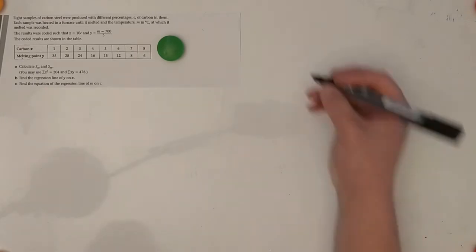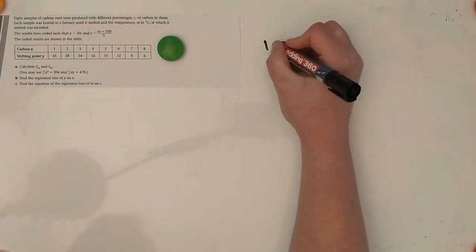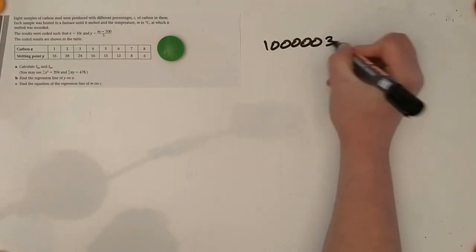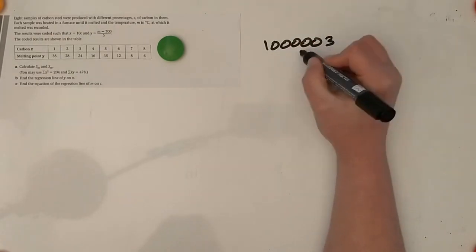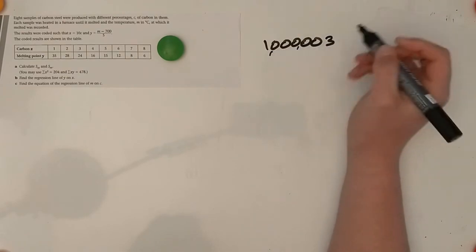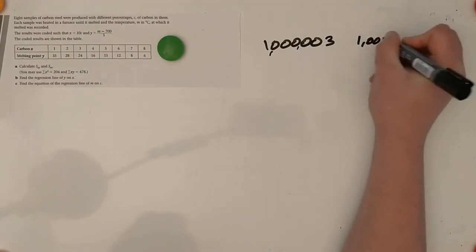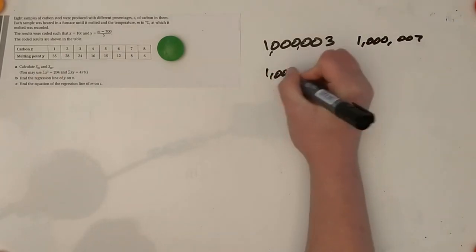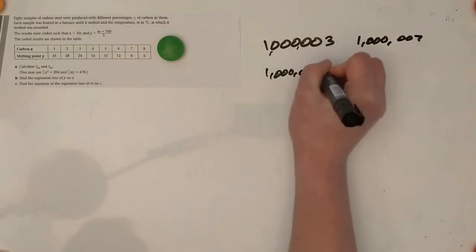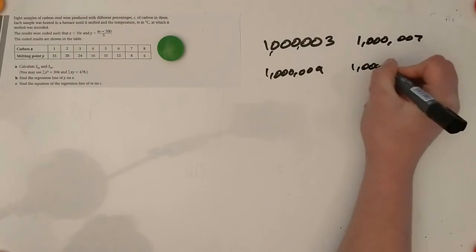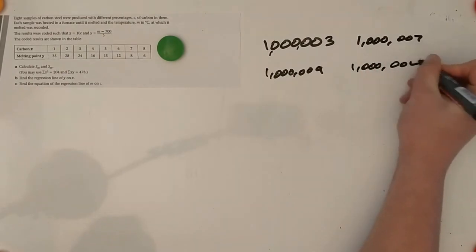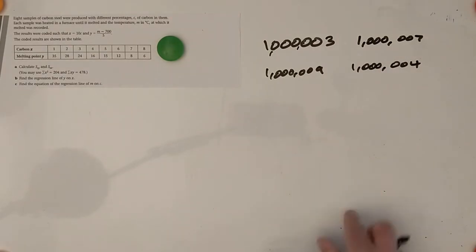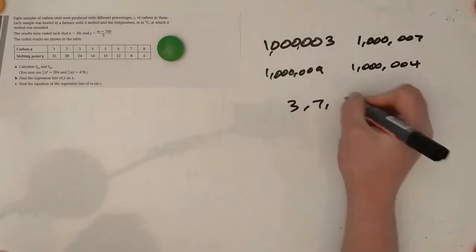So for example, if I've got lots of values like 1,000,003, and say 1,000,007, and like 1,000,009, and like 1,000,004. If I just take away the million from each of them and make these values 3, 7, 9 and 4,